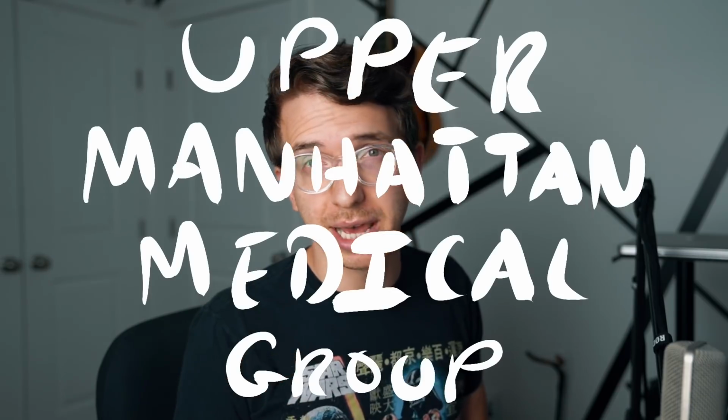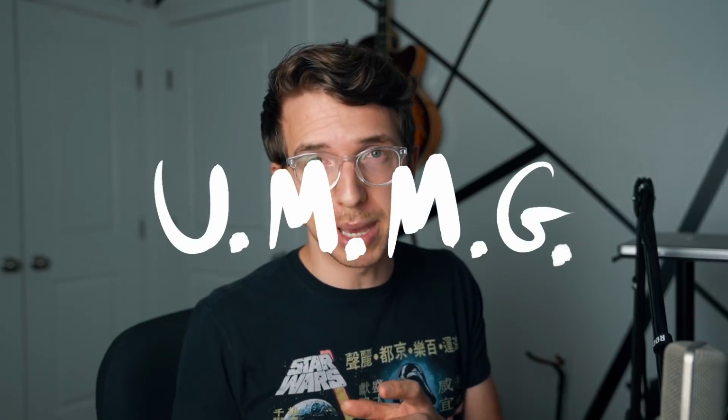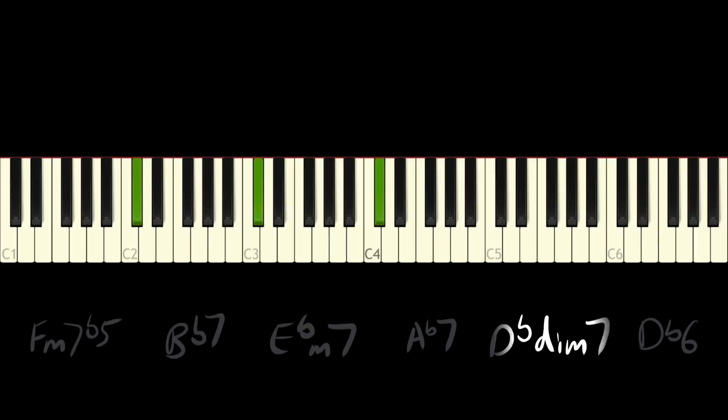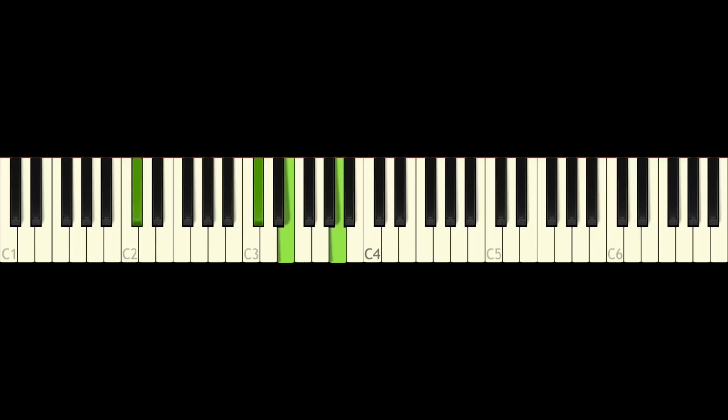Another tune that uses the cadential diminished chord is Billy Strayhorn's Upper Manhattan Medical Group, also referred to as UMMG. So I'm going to play the part that just features that cadential diminished chord. Check this out. So this part right here, this little repeated section, that is the D flat diminished followed by the D flat 6. Now, yes, I'm playing this A here on the D flat diminished, but that's a common device where you